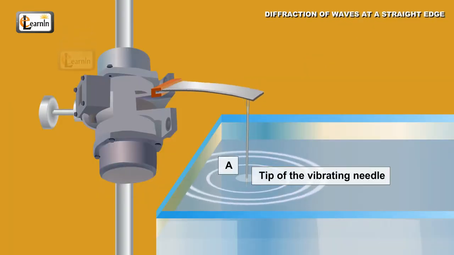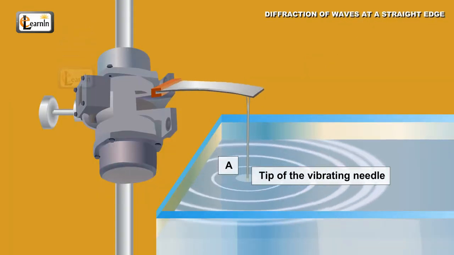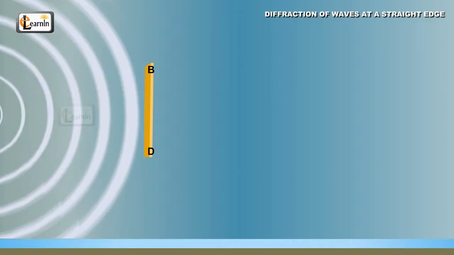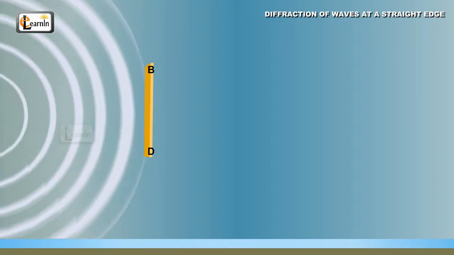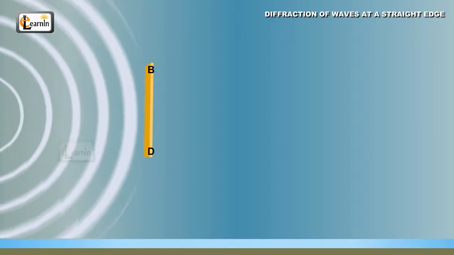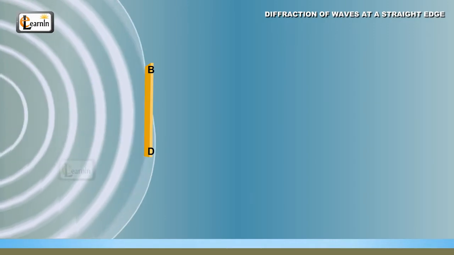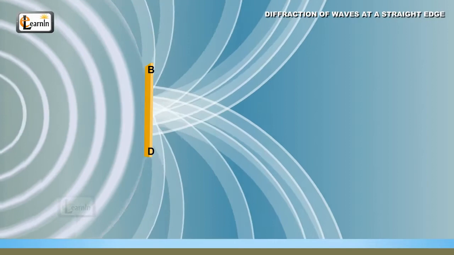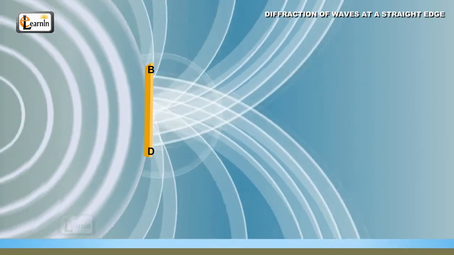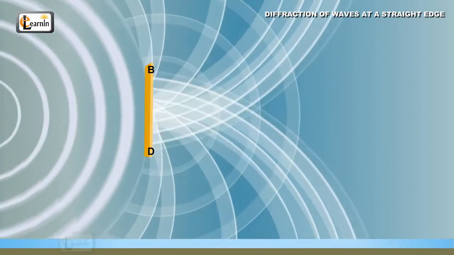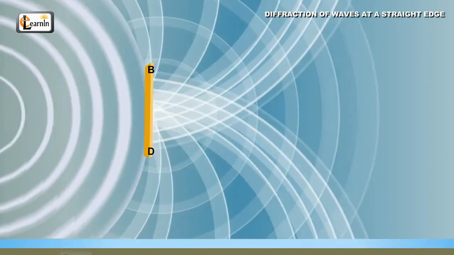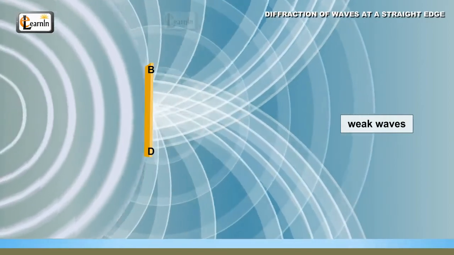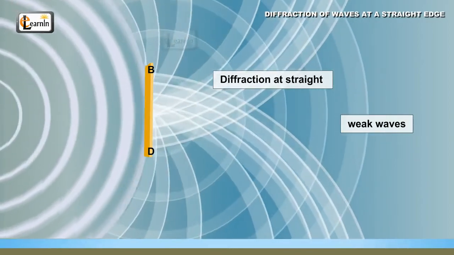Here, A is the tip of the vibrating needle and behaves as the source of the waves, which spread out and travel towards the scale BD. The waves spread out equally in all directions until they reach the straight edge BD. At this point, if there is no bending of the waves, the lower portion of the circular wave fronts should be cut off completely. Only the upper portion above the straight line should travel beyond the scale. But sometimes there are some weak waves which spread out into the lower region. This bending is called diffraction at